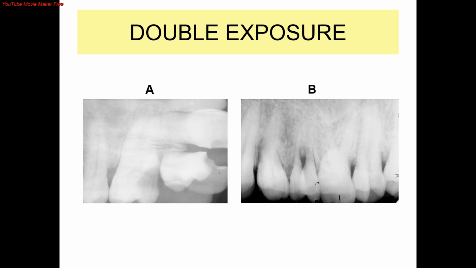Film A was exposed twice. First time in an anterior area and then same film exposed in posterior area or vice versa. Here, incisors and molars are in one film. On film B, a radiograph was taken but buzzer didn't sound. So operator pressed exposure switch once more and in the meantime film was shifted by the patient in same area. So you can see split images on the film.